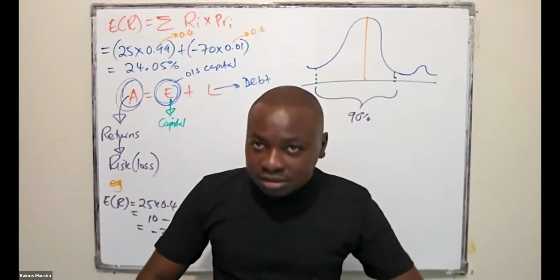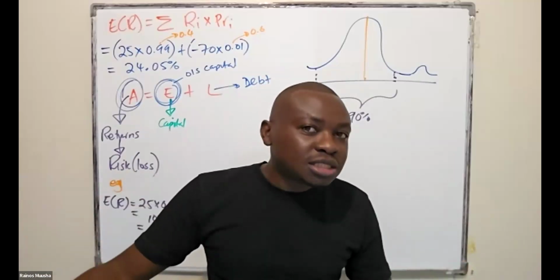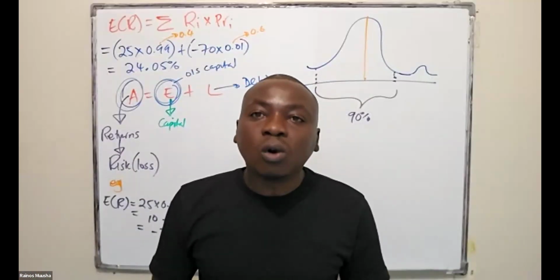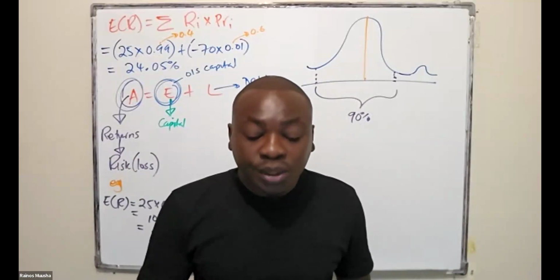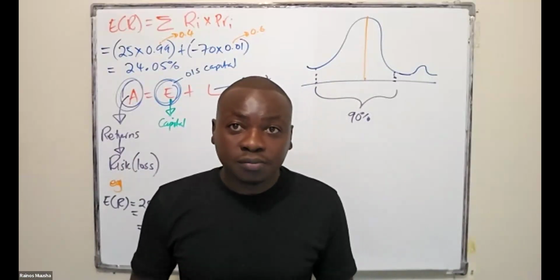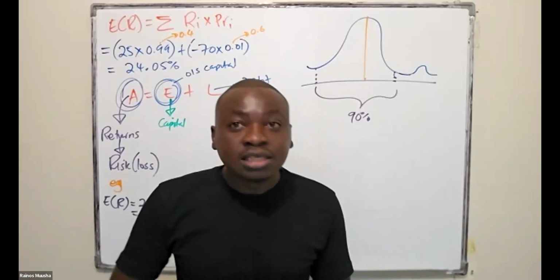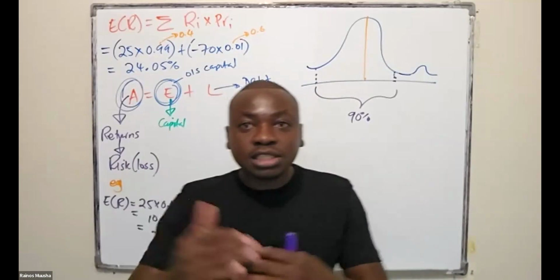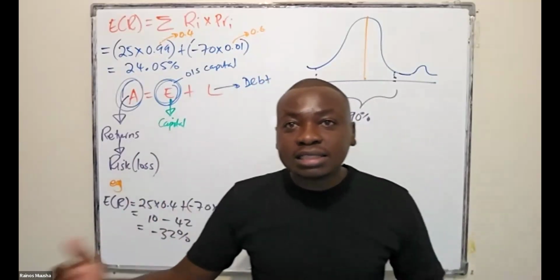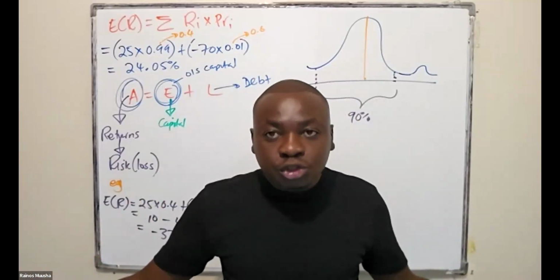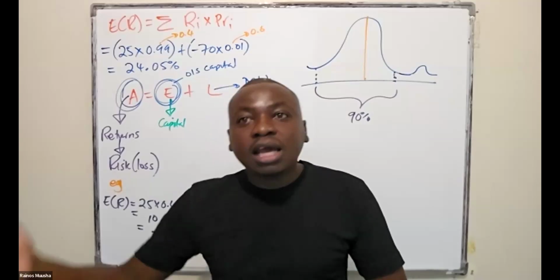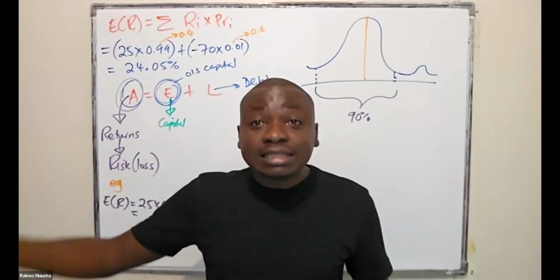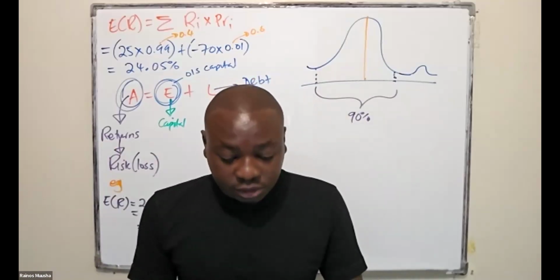So in simple terms, stick to that, because I don't want to go too much in depth and start explaining a concept which they don't really go in depth, or they don't even mention at all when it comes to this particular study unit as well. But take note of that and know that it's not always going to be appropriate, because you have to worry about the distribution of your losses and see exactly how much of this distribution is being explained by the value at risk, and what is the behavior of those losses which are exceeding the value at risk as well.